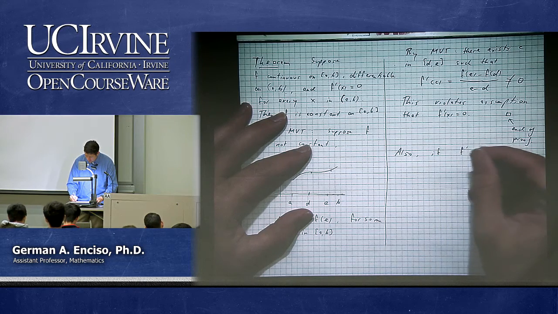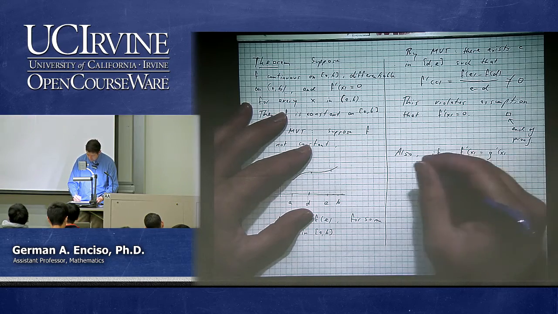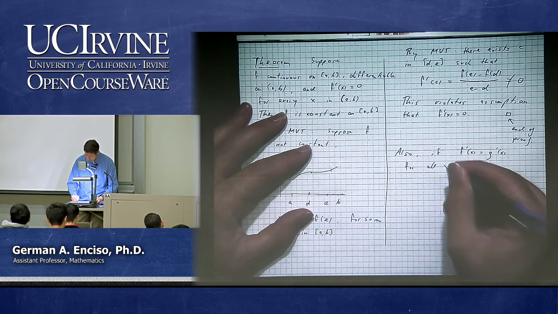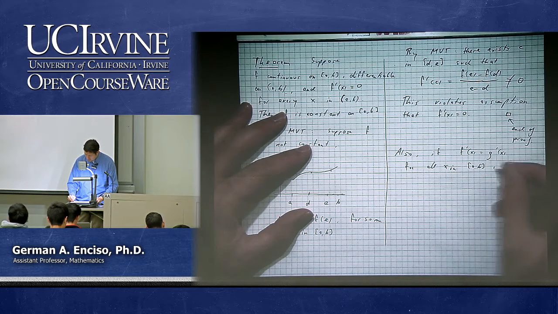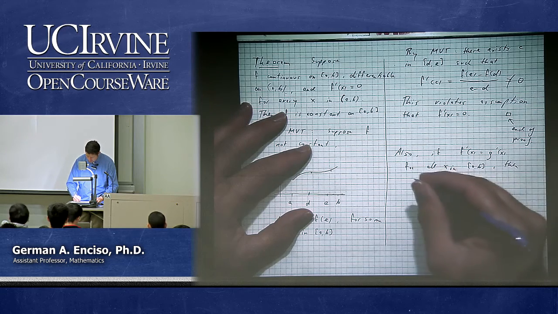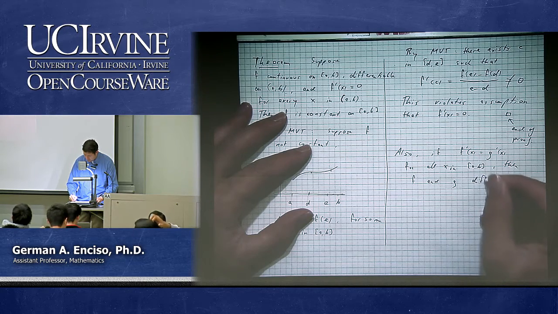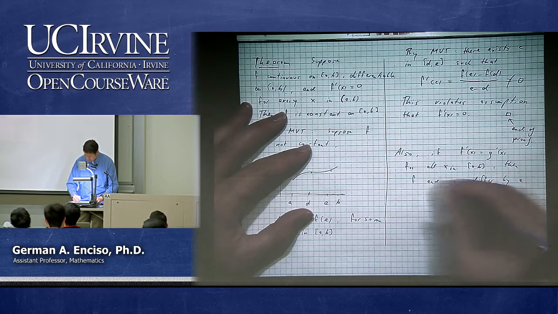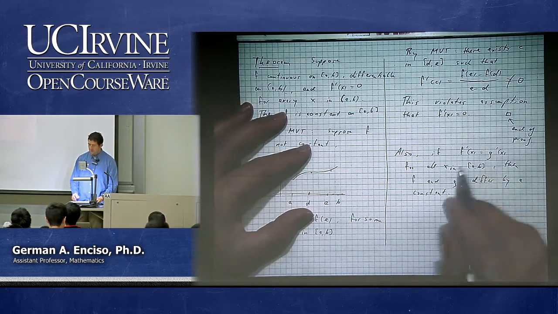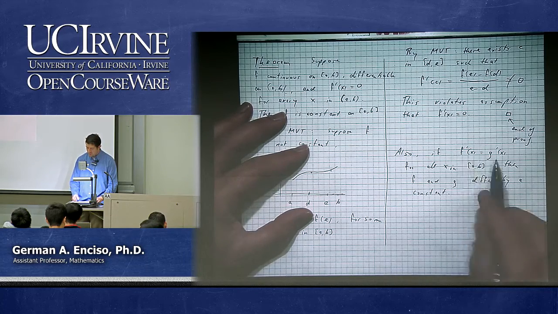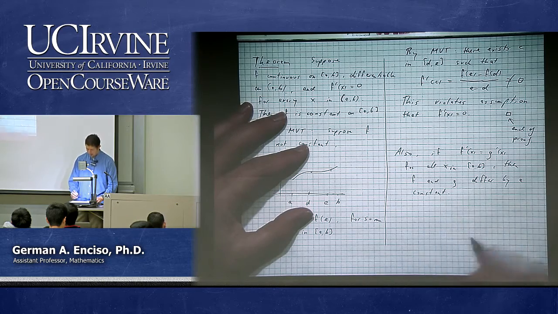So if f prime of x is equal to g prime of x for all x in an interval, then f and g differ by a constant. Okay? This is another statement that you're used to seeing all over in calculus. If two functions have the same derivative, then they are equal to each other except by a constant. Okay? And the proof